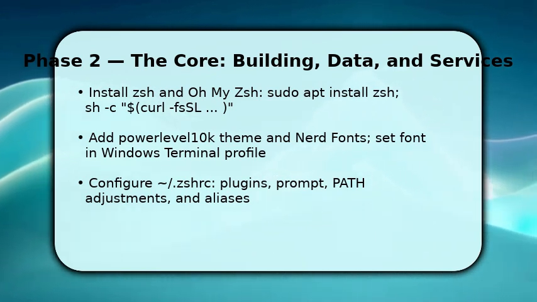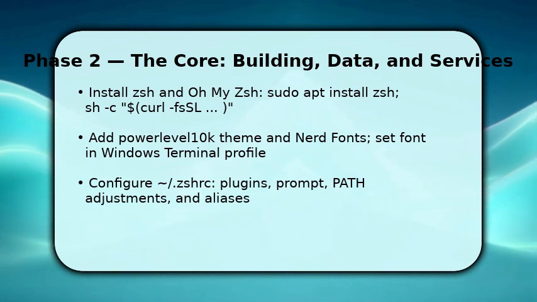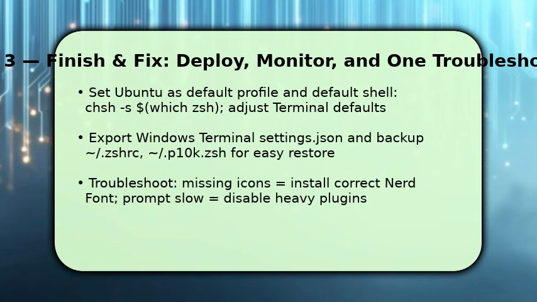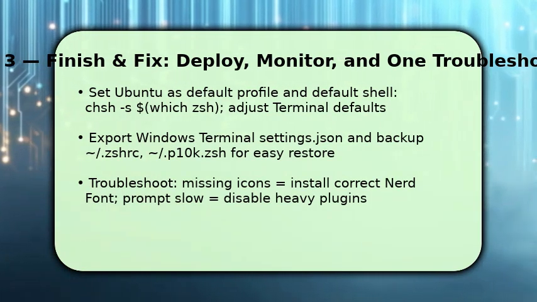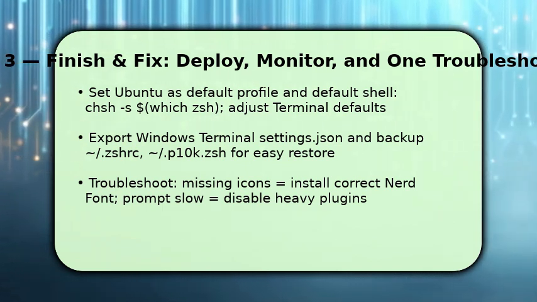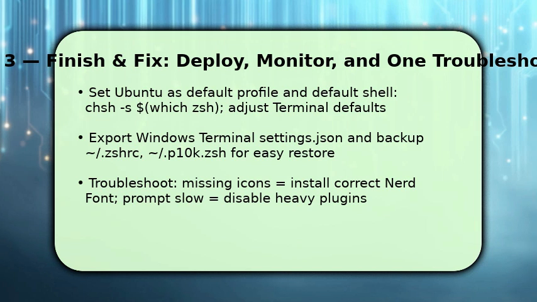Because this is about productivity, test changes by opening a new terminal. You finalize by making Ubuntu the default terminal profile and setting ZSH as your login shell with chsh -s $(which zsh). Export Windows Terminal settings.json and back up ~/.zshrc and ~/.p10k.zsh so you can replicate this setup